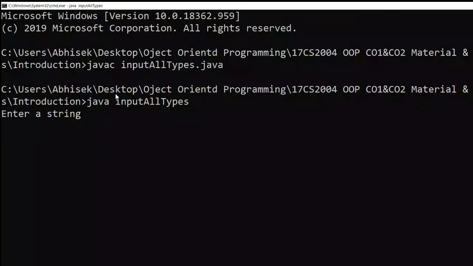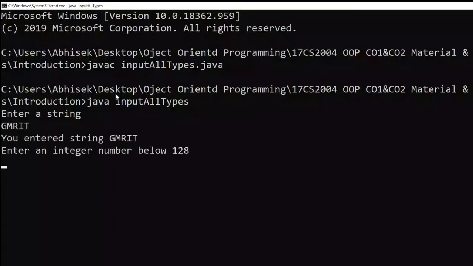What I have defined: Scanner in equals to System.in. I am writing in.nextLine for reading a string. Here it is asking the user to provide the data. If I write gmrit, I have entered the string over there. Then it displays your entered string. For the byte value, it must be 121. If I make it 100, it will display. Enter the integer value 56. Enter the float value 56.2. Clear. Enter the double value. Clear. So this is coming.